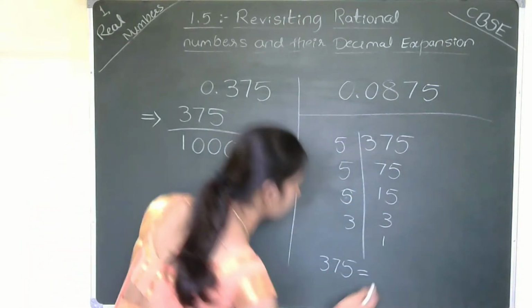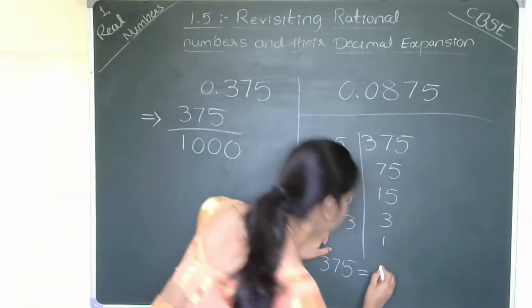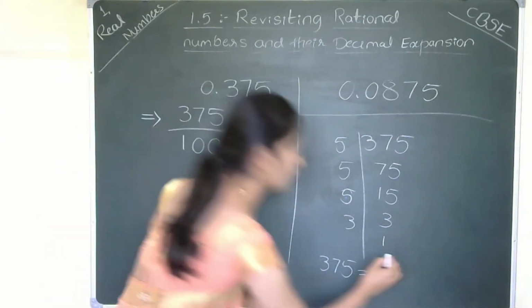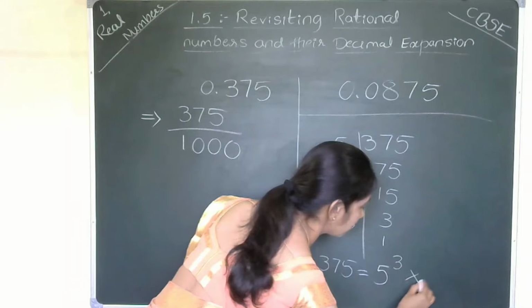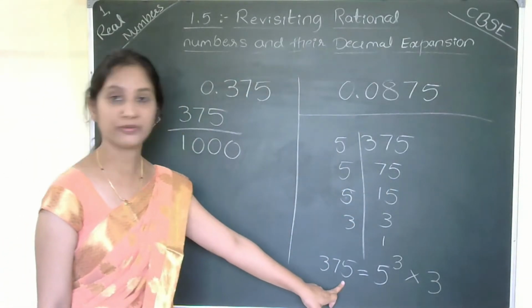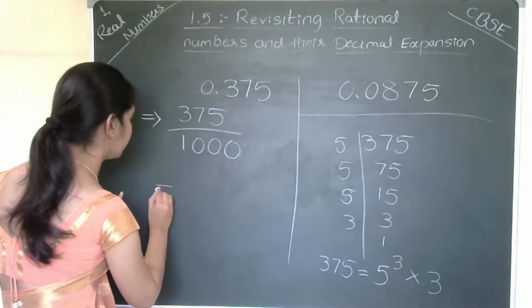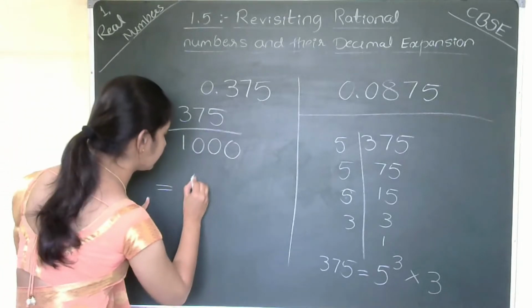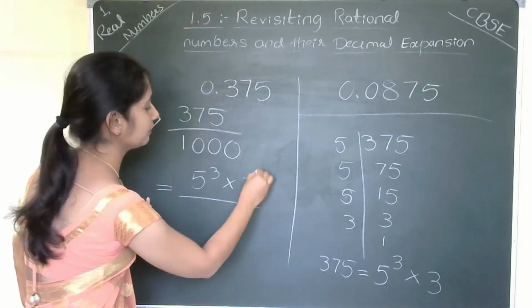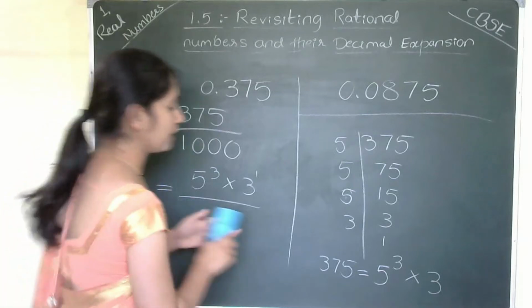375 is 5 multiplied by 5 multiplied by 5 multiplied by 3. That means 5 is repeated 3 times: 5 cube multiplied by 3. So the prime factorization of 375 is 5 cube multiplied by 3. In the numerator I can write 5 cube multiplied by 3, where 3 means 3 to the power 1. Now I can go for the prime factorization of